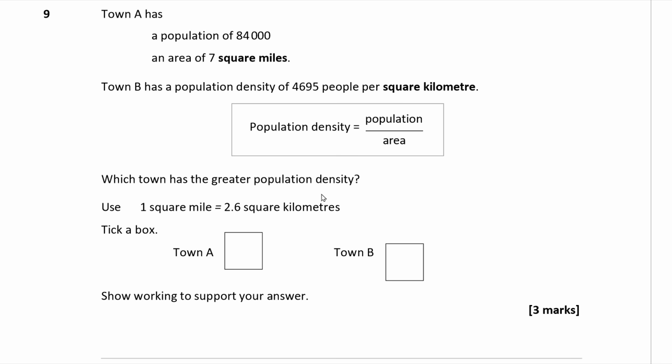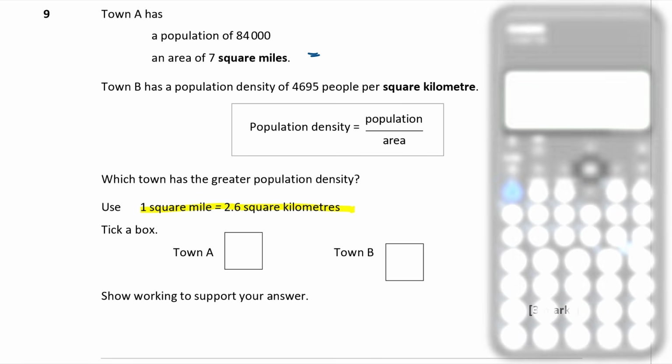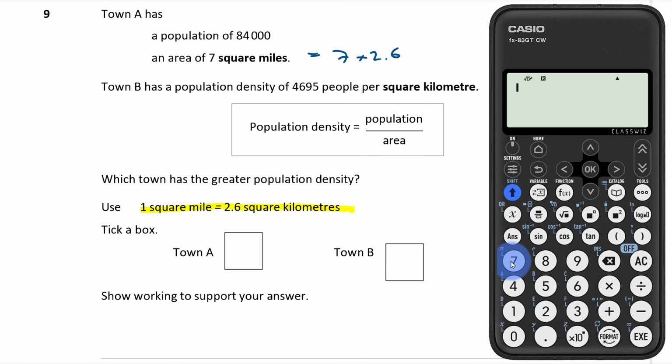At some point, we're going to have to convert, though, because town A is in square miles, and the other one is in square kilometres. So I think what I'm going to do first is work out what that is in kilometres by multiplying it through by 2.6. So I can use this fact down here that 1 square mile is 2.6 square kilometres. So I can say that that's equal to 7 times 2.6 then. So 7 times 2.6, that comes out to be 18.2